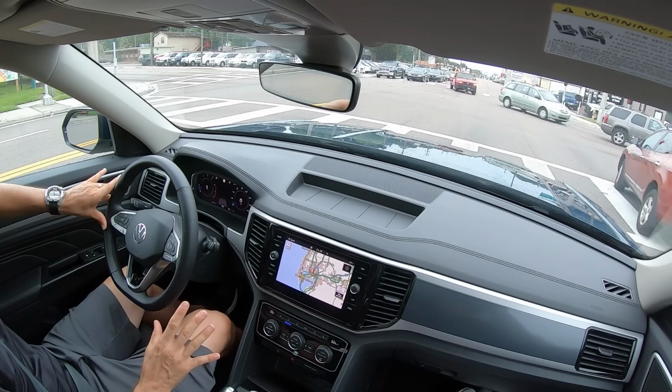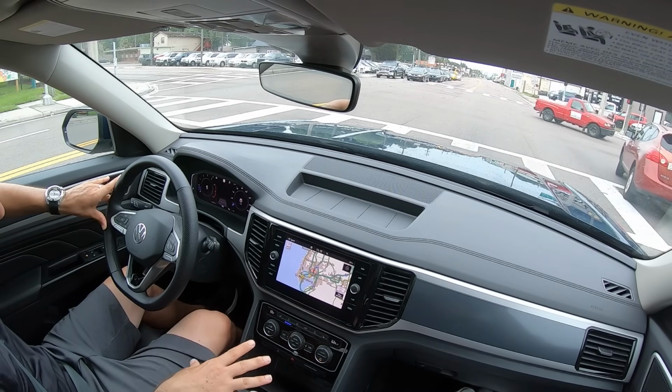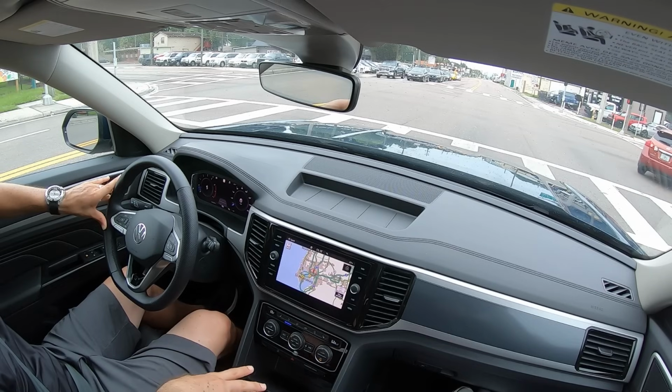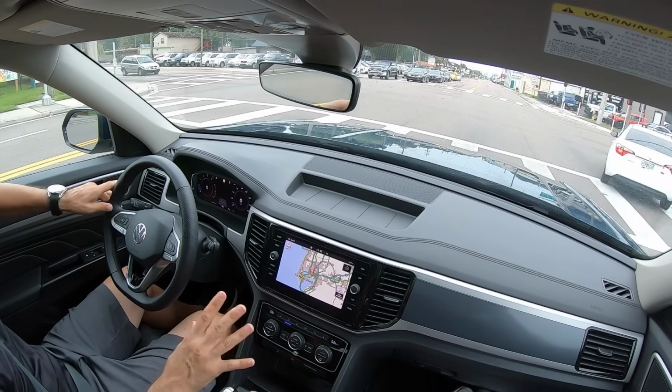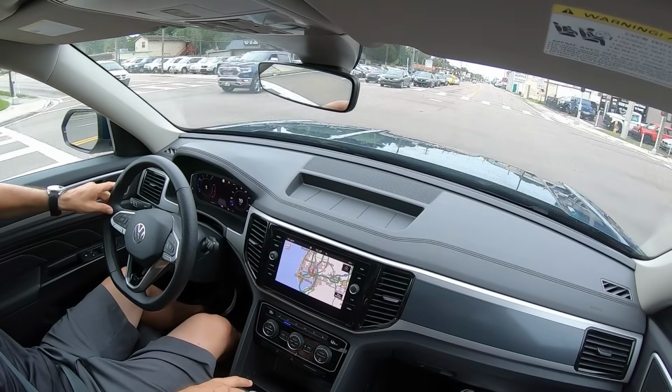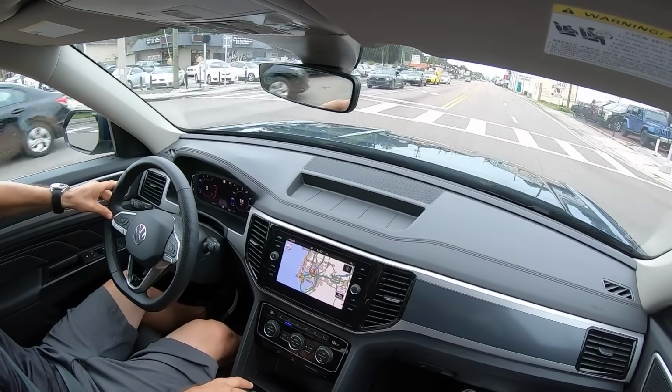Not too much gloss black, which is great too. You just have a little bit on the actual center console area around the shifter, but everything else is pretty much a nice flat color, so you're not gonna get a lot of glare. But let's see how acceleration goes. On throttle,